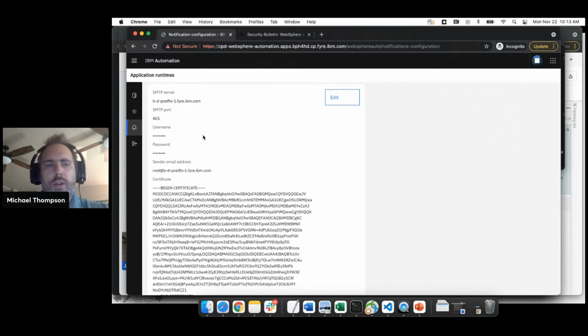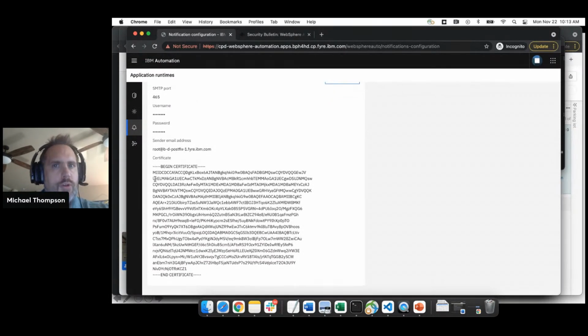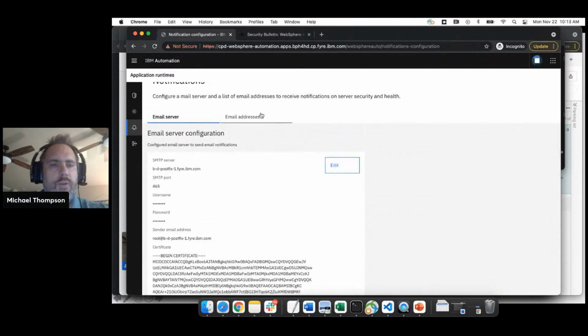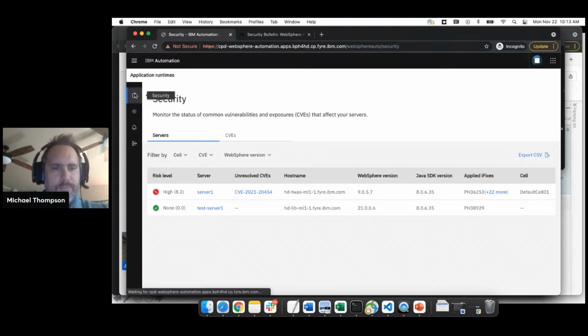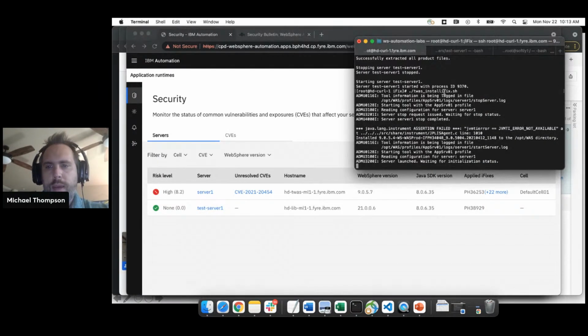You can use the security credentials and the SSL certificate needed to establish a secure connection to your mail server. And then you can simply add a list of email addresses, whether individual email addresses or potentially functional IDs, that will be notified as these things change in the environment. So if we go back and check on the patch status, the server is restarting. This should post here in a moment, and we'll see that the server 1 security status will have changed from